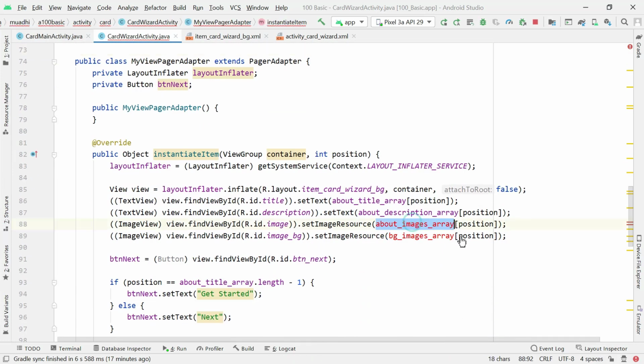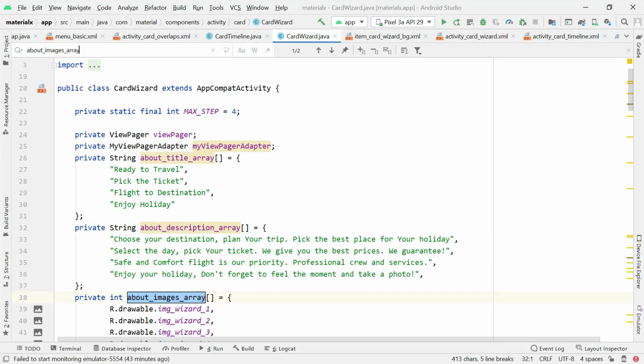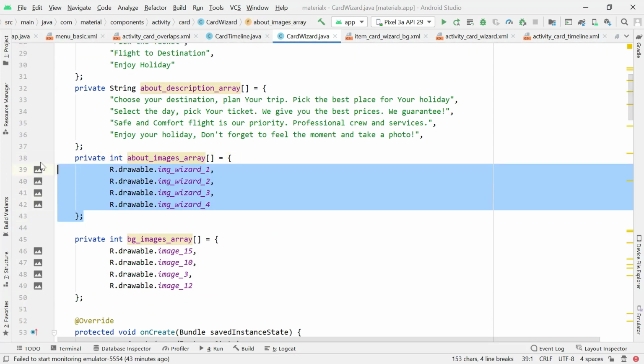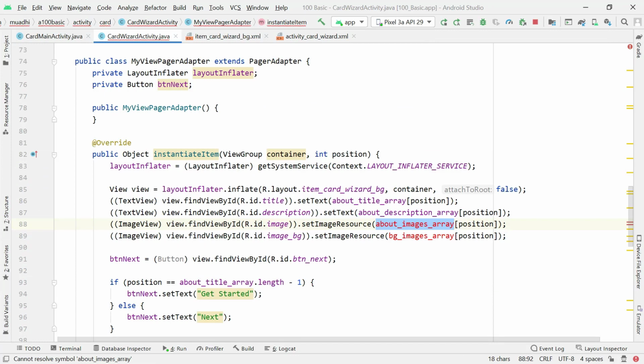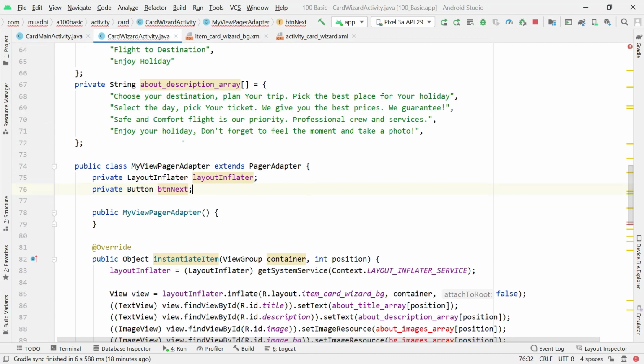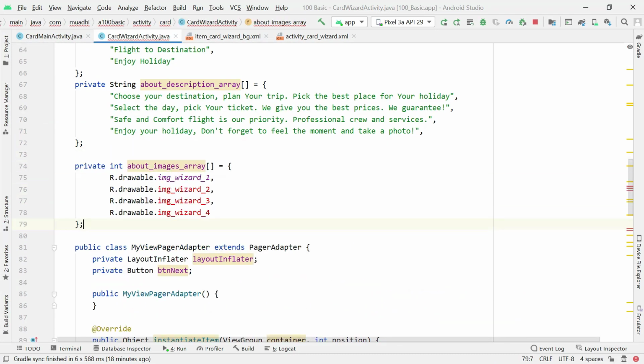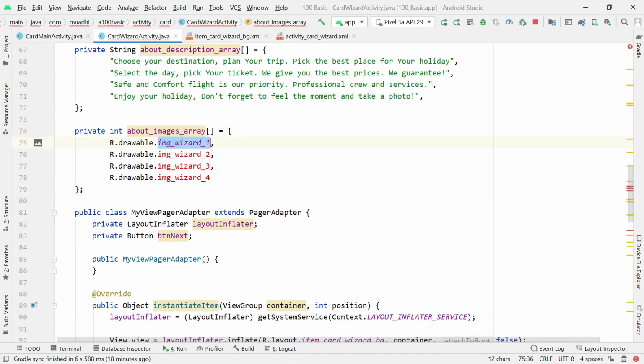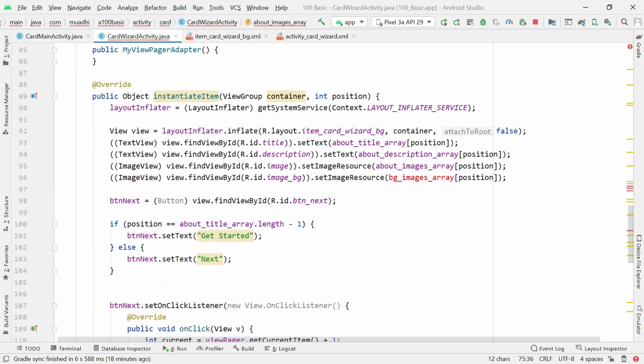Another array of images. You should put the array of images that you already have in your project. I already have only the wizard one image, and that image will be set, or inflated, in the image